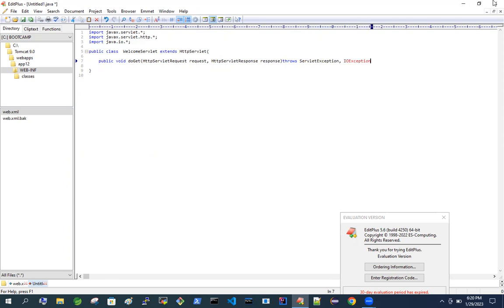All right, friends. Now we are going to write the content over here, which is to be returned to the client as a response. So let me take the response type, response.setContentType as text/html. All right, then response.getWriter, which is from the PrintWriter out object, then out.println